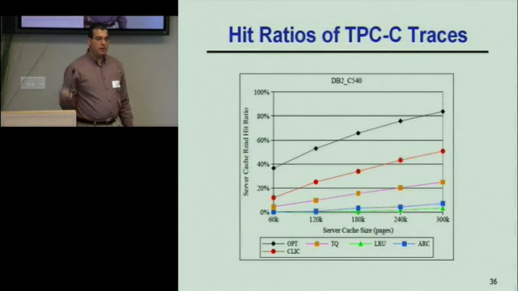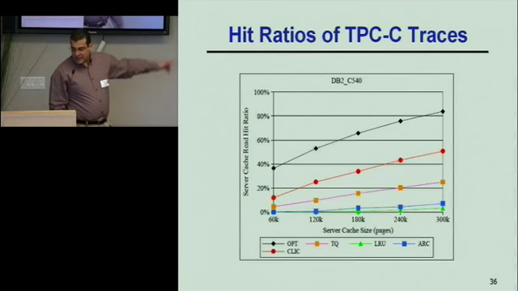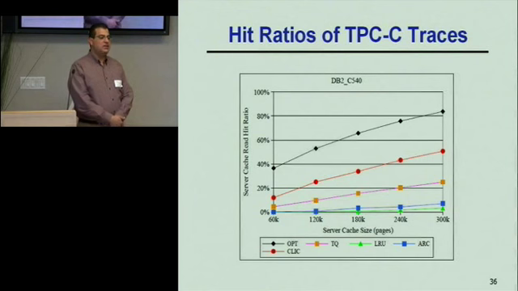Okay. Now, from my previous graph, you saw that this TQ algorithm, the algorithm designed specifically based on write hints, outperforms all the others. So I show TQ on the graph, and you can see it has a better hit ratio than ARC and a better hit ratio than LRU. But then the red is this general hinting approach.